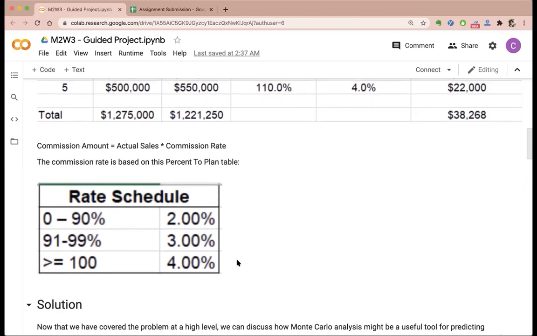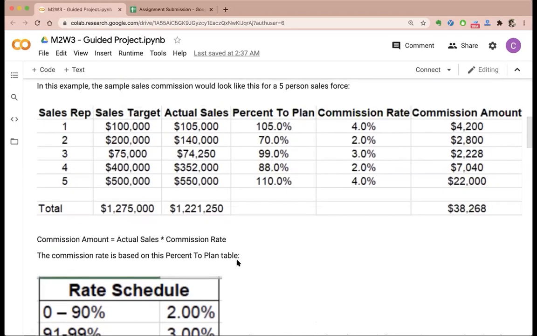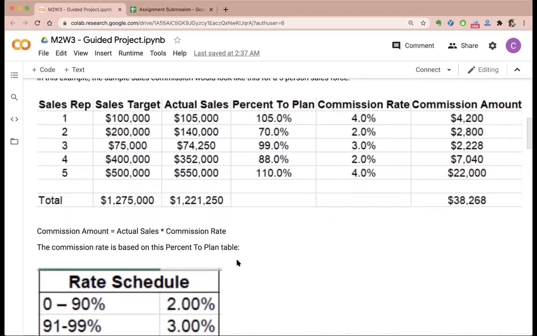Now, if you want to calculate, let's say for these 5 persons for the next year, what will be their commission amount? Okay, what would you do? Right, you are not given a computer, nothing else. You just want to predict this number. So this is for, let's say, the current year. For the next year, you want to predict this amount. This is nothing but the total of all the commission amounts, basically the budget that you want to set aside for commissions. So what will you do?